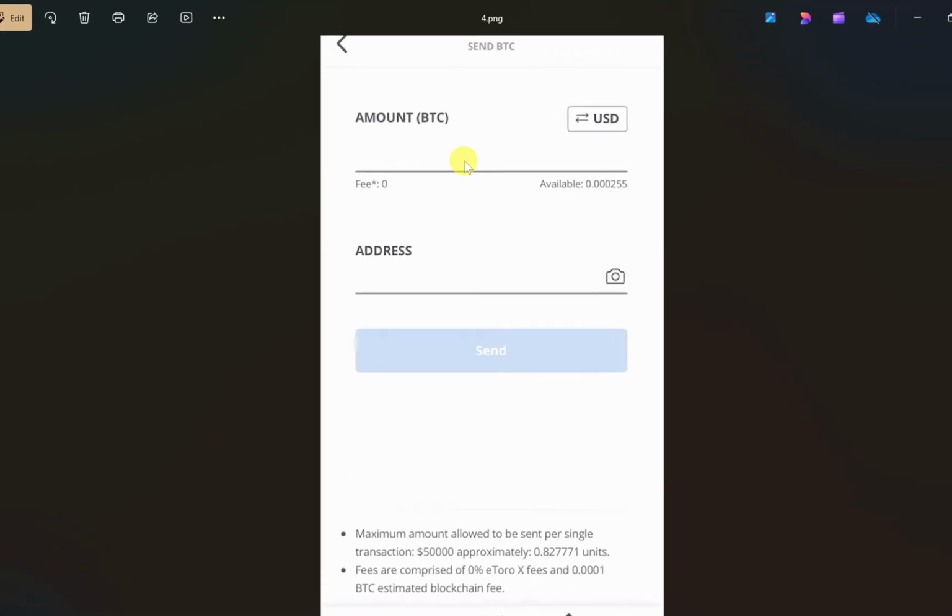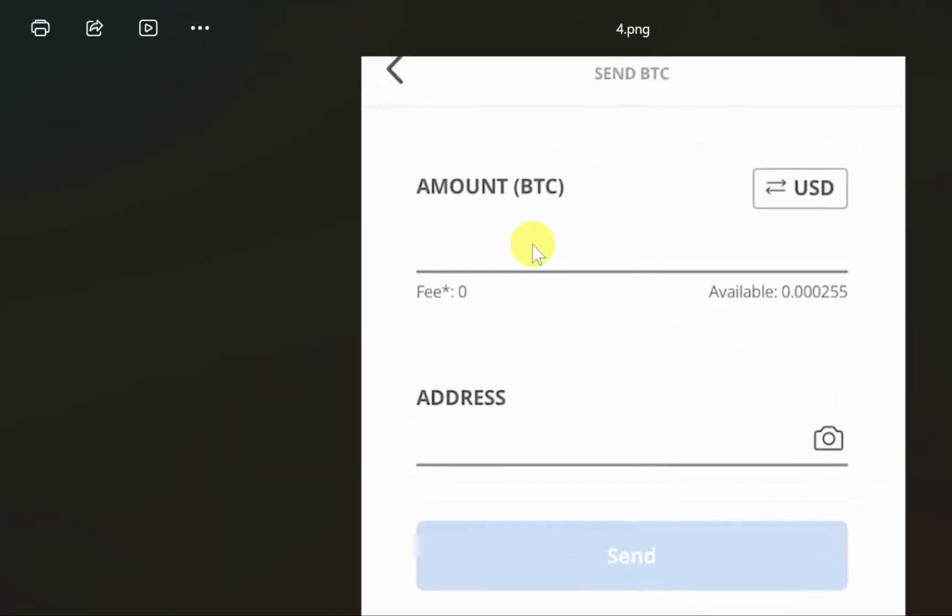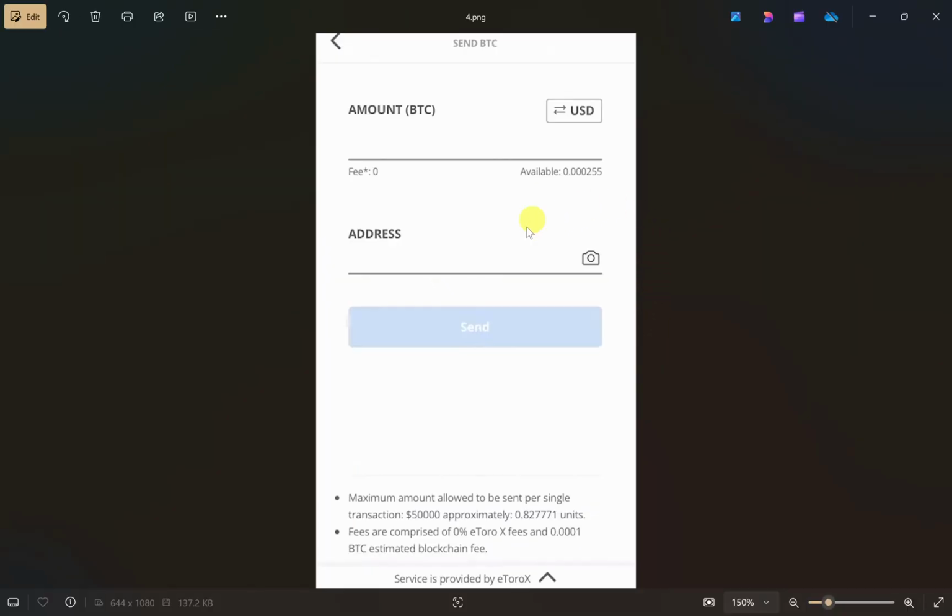Then in the first input box you have to enter the amount that you want to transfer, and in the second input box you need to paste the wallet address that you have copied from Robinhood, and then you need to click on this send button. And once you do that, your crypto will be transferred from eToro to your